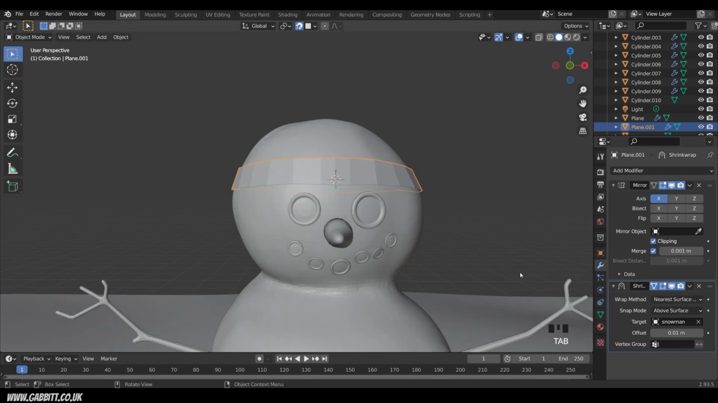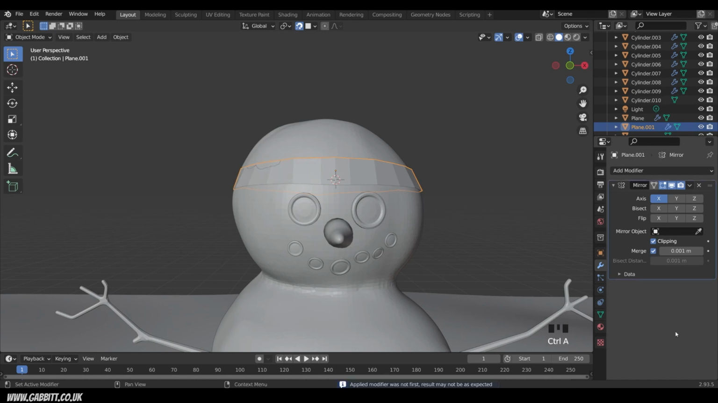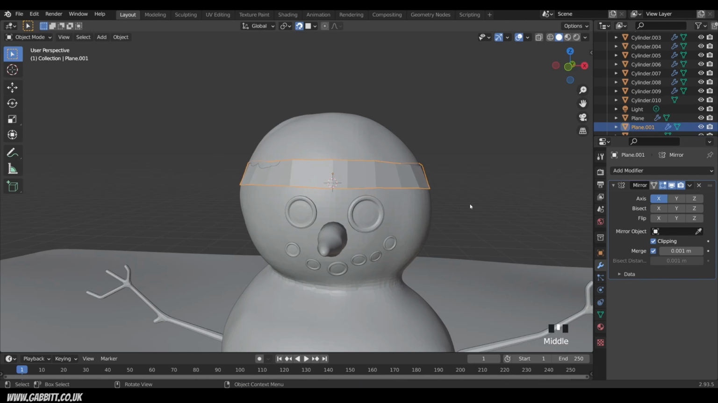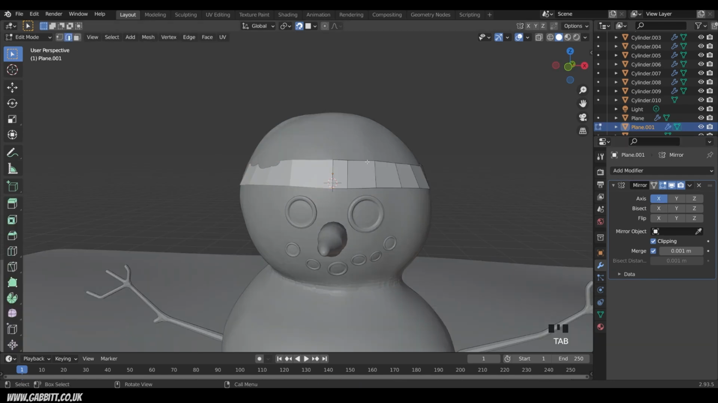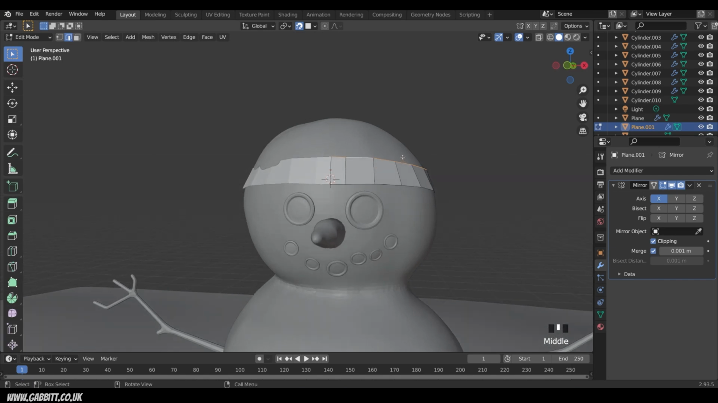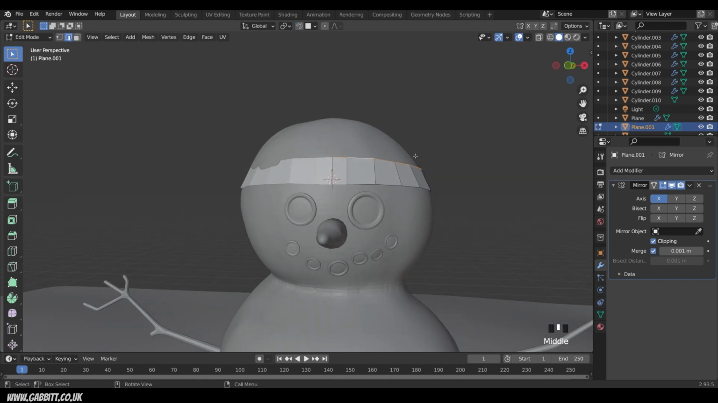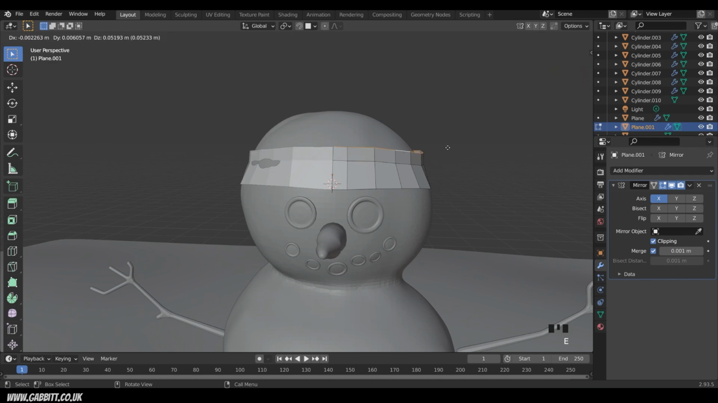So I'll go into object mode, because you can only apply your modifiers in object mode, and press Ctrl A whilst hovering over the shrink wrap modifier. Now I've still got my mirror enabled, and I can turn that off in a moment, but I'll go back into edit mode, select the top edge, turn snapping off, otherwise this won't work, select the top edge, extrude upwards,